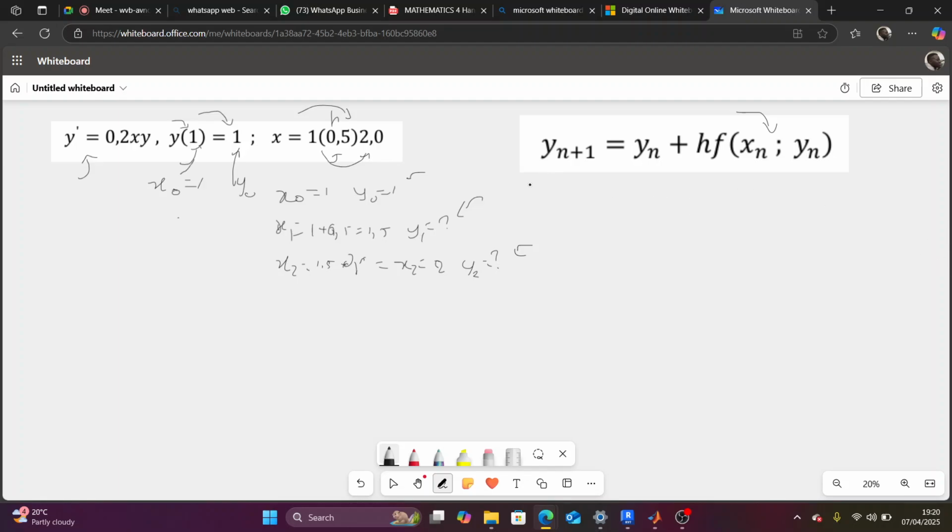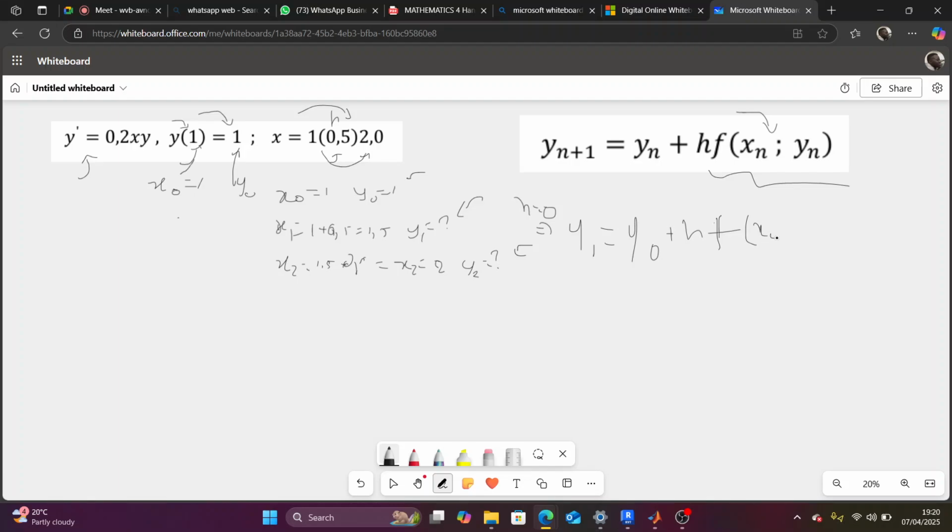Now, this is what we do when you write it in this y prime. This is simply this part. That's what it means. But anyway, let's start solving. You know that the first thing that you have here is n equals 0. So if n equals 0, your formula becomes y1 equals y0 plus h. H is the step. Multiply by what? F of